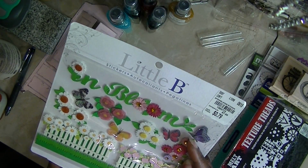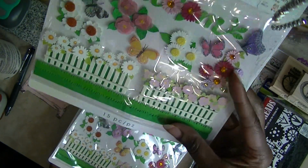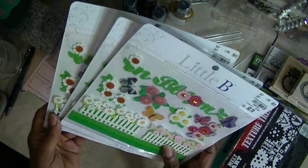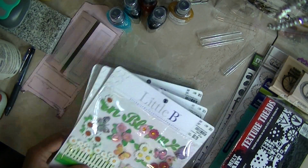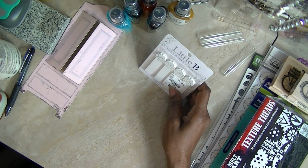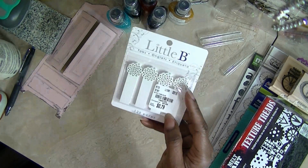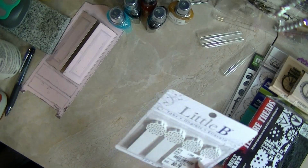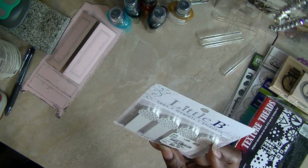This SKU is 1563713. Isn't that cute? Perfect for your pocket letters. Yeah, and they were 79 cents. I'm gonna put these back down here as I do this. I did pick up some of these. All of their Little B tabs and note stickers and stuff like that was 79 cents. This one is tabs and their flowers, different kinds of flowers on it. And this one was